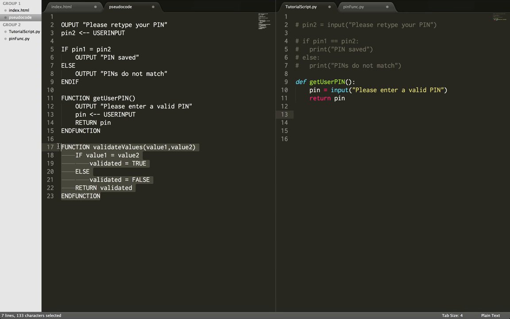So that's my function written in pseudocode there. I'm going to really quickly transfer that over to Python. Let's have a look at that over here. Def validate values, value1 and value2, colon to end the function,